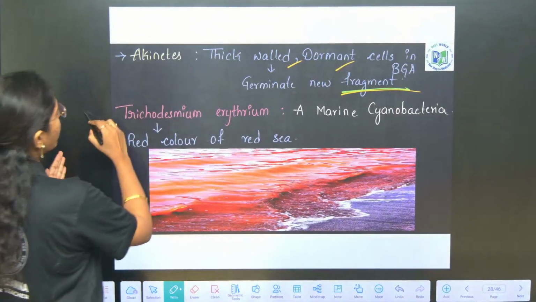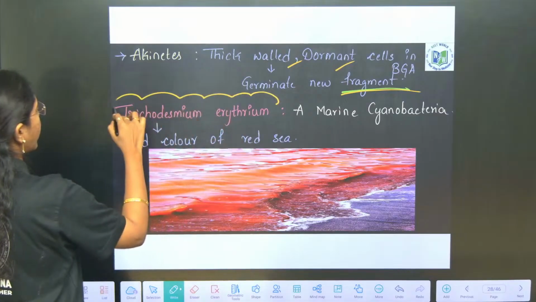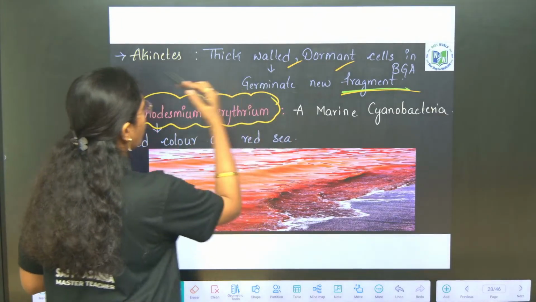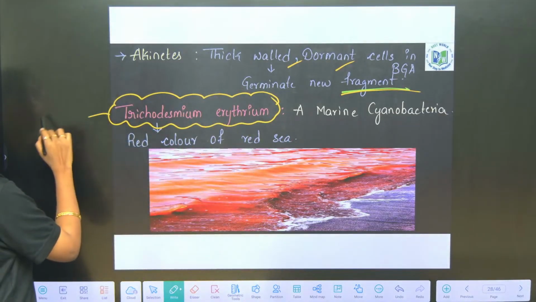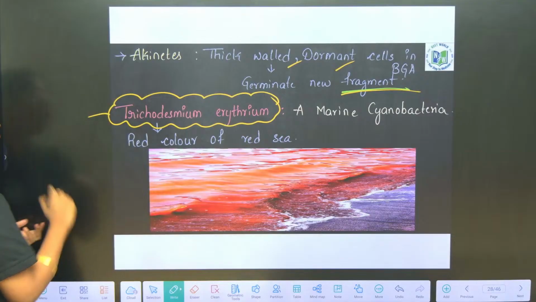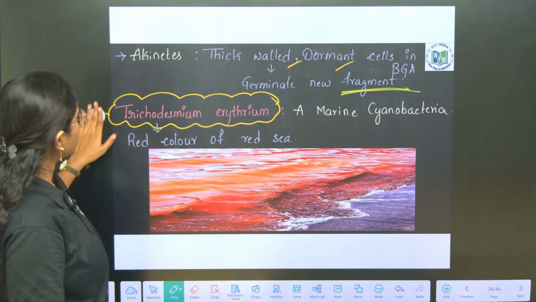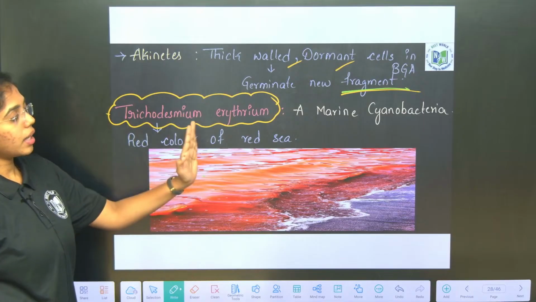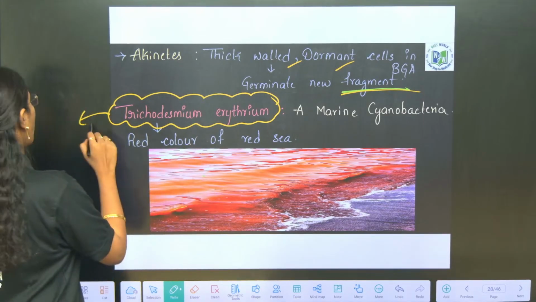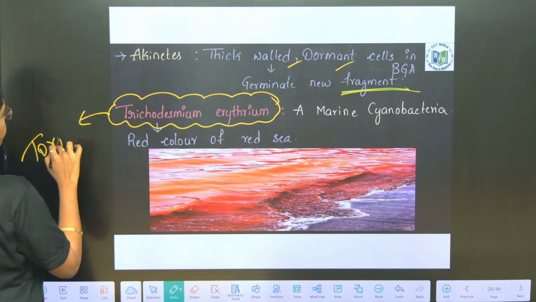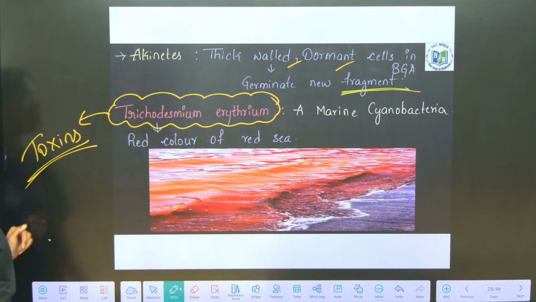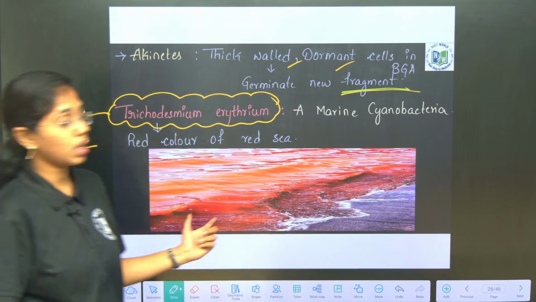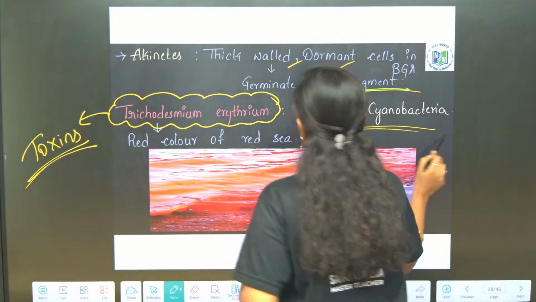Next is Trichodesmium erythraeum. This is the cyanobacteria which produces red color in the Red Sea by releasing out toxins. By emitting out toxins, this produces red color in the Red Sea. This is a marine cyanobacteria. Remember,